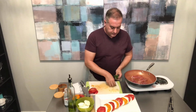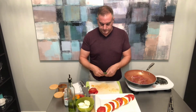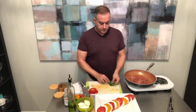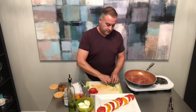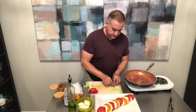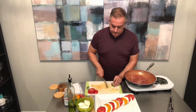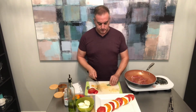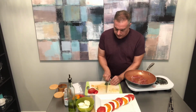I love the smell of basil. So fresh. Alright, once you get them all stacked up, you're going to roll them from the pointy end of the leaf down to the stem, kind of like a cigar, all the way down to the stems. And then you just take your knife, trim off the stems, push those to the side, you don't need those, and then you just run your knife sideways through that roll,